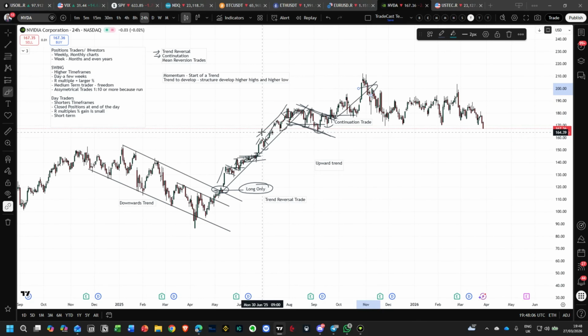Now, it depends on you what time frames you want to use. If you're using the lower time frames, you see the shift here in long only on the daily. You can move to these lower time frames and trade these dips on the daily as they bounce and then continue within the trend. If you just want to focus on the daily, like I tend to do for the most part with my trading,